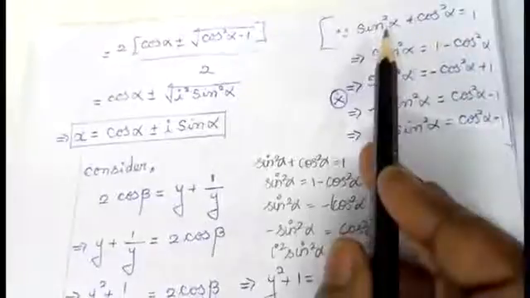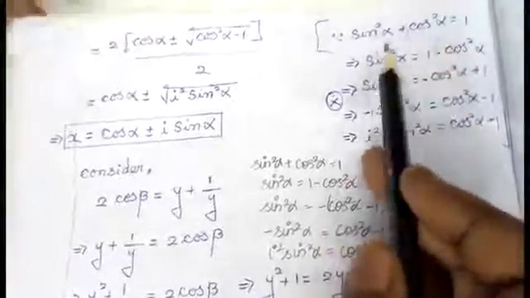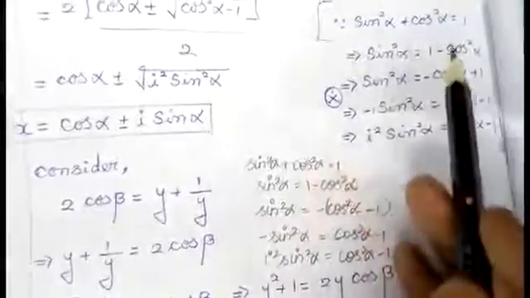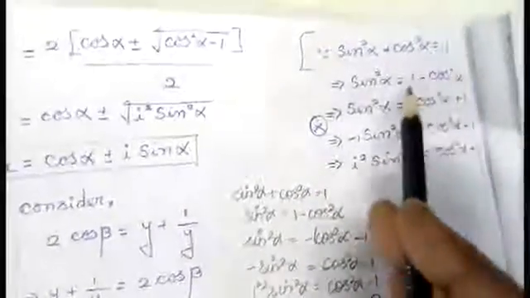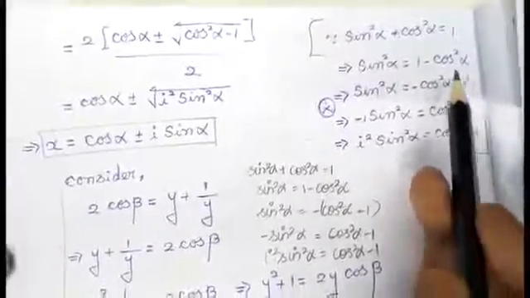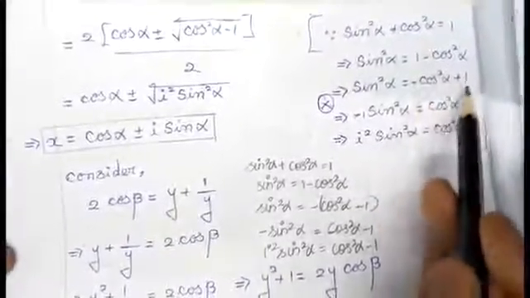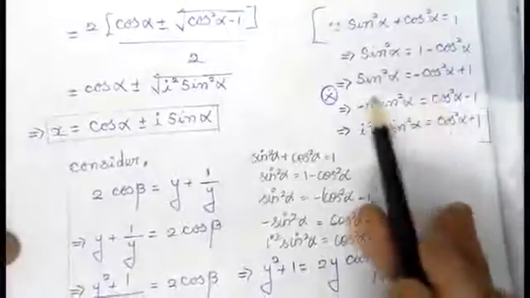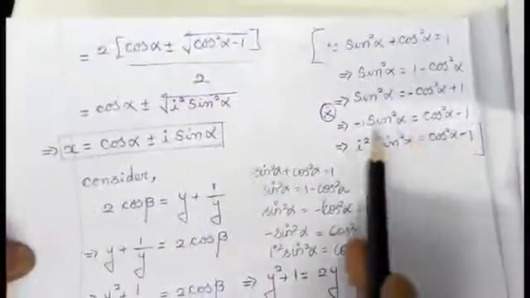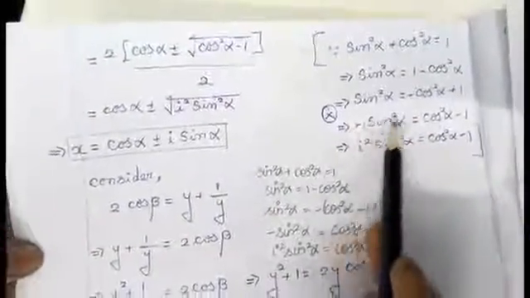Instead of theta, I am going to use alpha. Sin square alpha plus cos square alpha equal to 1. Just I am going to write like this. If I shift this way, it means 1 minus cos square alpha. I can make a small rearrangement, minus cos square alpha plus 1. Then I want to bring it in this form, that is cos square alpha minus 1. While bringing it in this form, I will be getting a value like this, minus sin square alpha.